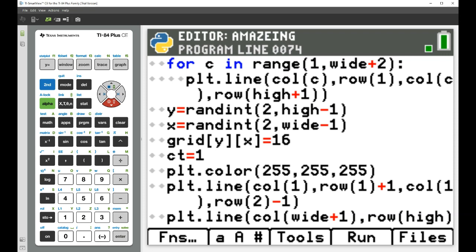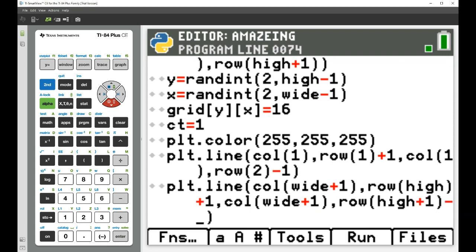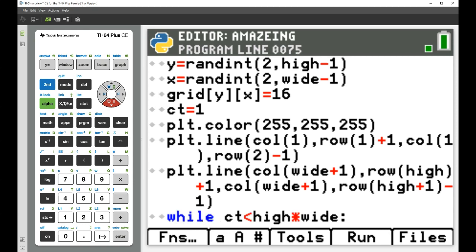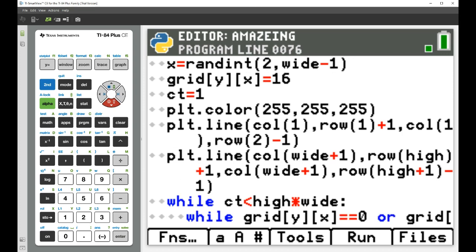Oh, that plots the line for the entrance and for the exit. That was these 2 lines. And now we're ready to start making dead ends. So while the count is less than the area, in other words, high times wide, and then it checks another